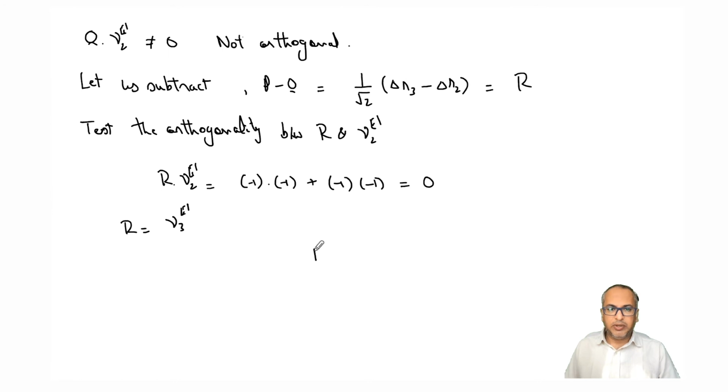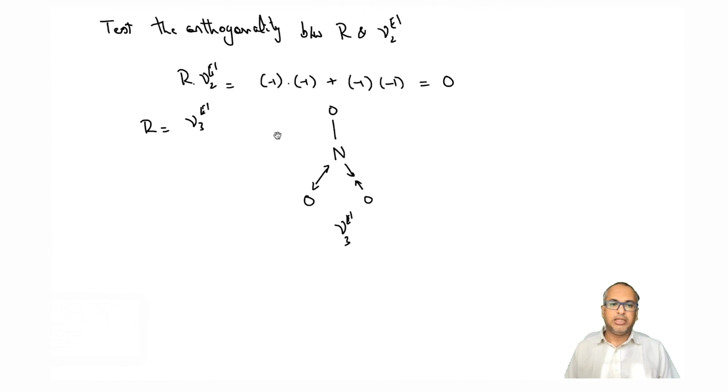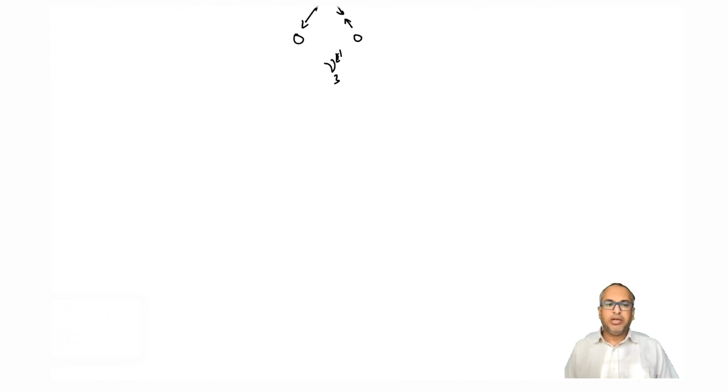So this means that you can say that one of the bonds is not changing, another bond is increasing, and another bond is compressing, right? So this is my third stretching vibrational mode, and it has symmetry E prime. But this is a cumbersome method to find out, as we have discussed earlier, there is no definite way of finding one. So let's try to do it in a different way.